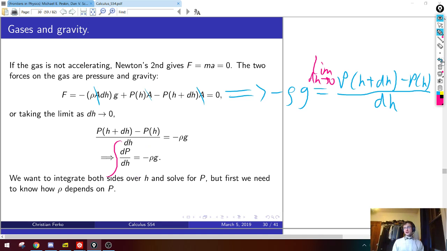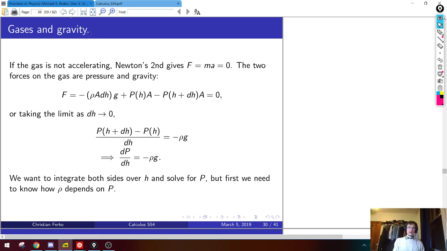But there's a problem. And the problem is that this density rho is actually not constant either. The density is going to change with height. Density is a function of height, which is maybe intuitively obvious. If you have a column of air, you would think near the top it would be less dense, because gravity pulls it down, so it should be more dense at the bottom, because gas particles pile up at the bottom. But how do you do that? How do you precisely write down the equation that tells you how much bunching happens? So how do you write down the density as a function of pressure? Well, I will ask you that as a challenge. It's basically just the ideal gas law.